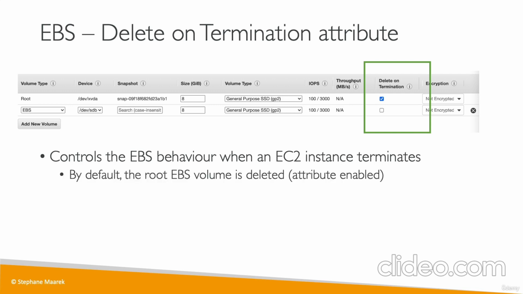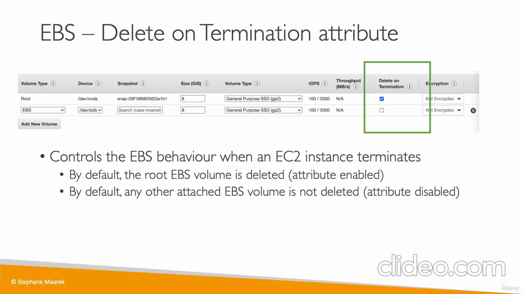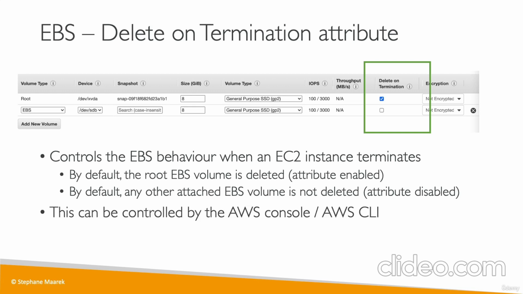So by default, as we can see, the root EBS volume is deleted alongside the instance being terminated. So it's enabled. And by default, any other attached EBS volume is not deleted because it's disabled by default. But obviously, as we can see in this UI, we can control if you want to enable or disable delete